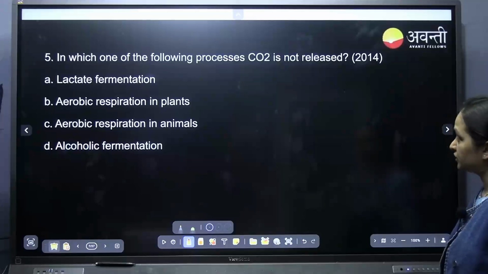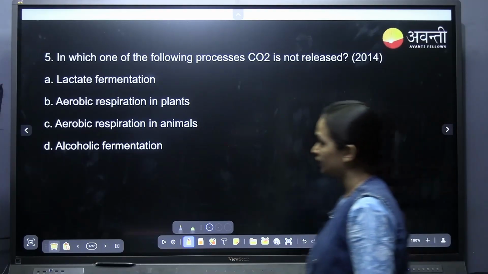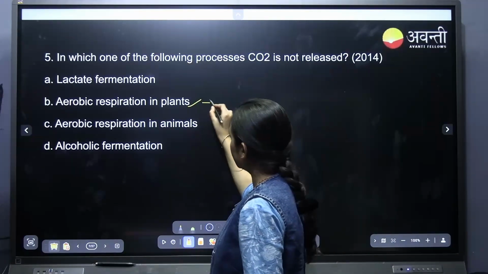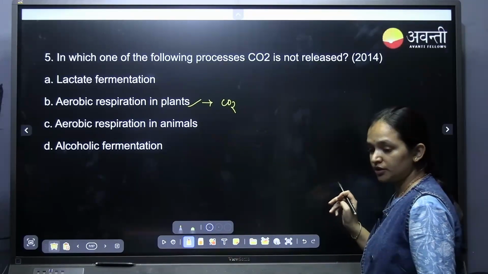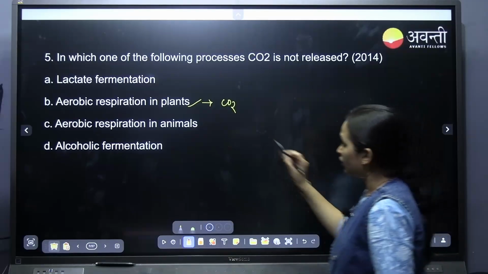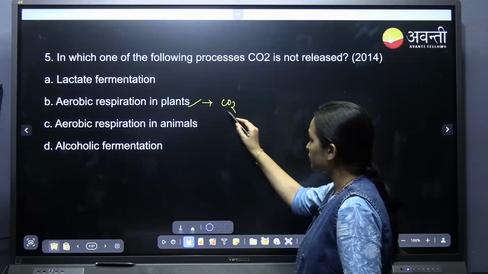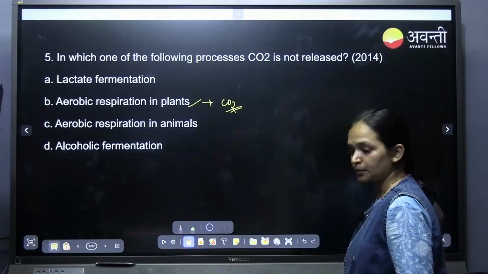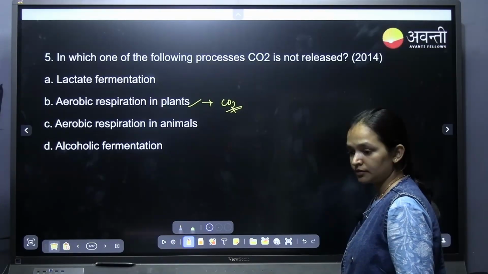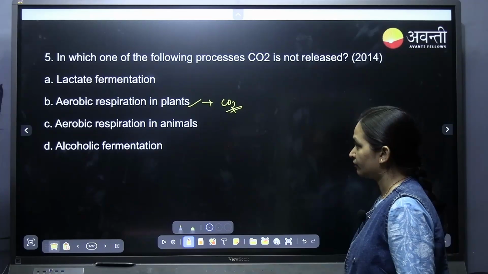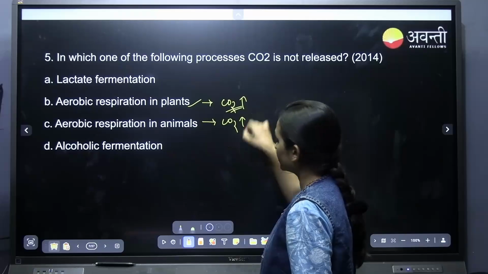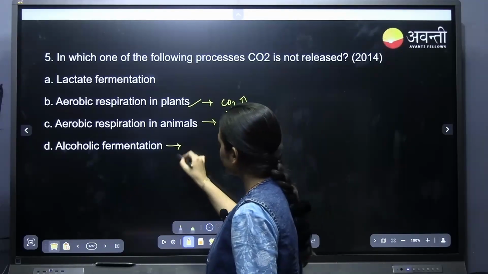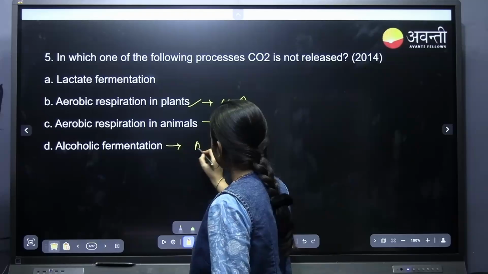In which of the following processes is CO2 not released? In aerobic respiration in plants, yes, CO2 is released. When glucose is getting oxidized, all the carbon atoms will be evolved as CO2 only. Aerobic respiration in animals, in aerobic respiration also CO2 will be released. In alcoholic fermentation, in the last step, acetaldehyde